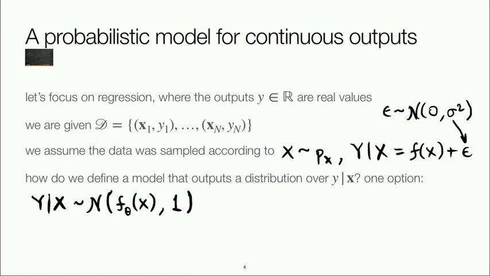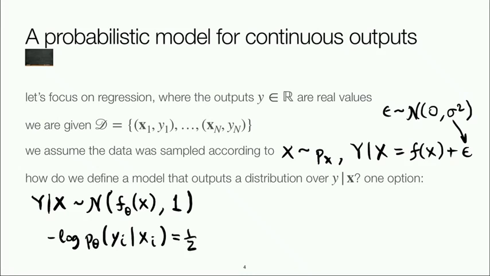So then I can ask, well, what's the negative log likelihood loss in this case? So what is negative log p theta of some yi given xi? I would sum these over all my data points, but let's just look at what it looks like for one particular data point. Well, if I take the log of a Gaussian, then all those terms in the front go away, especially because I assume the variance is 1. And then the log of exp cancels out, so all I have is the thing that's inside the exp, which ends up looking something like